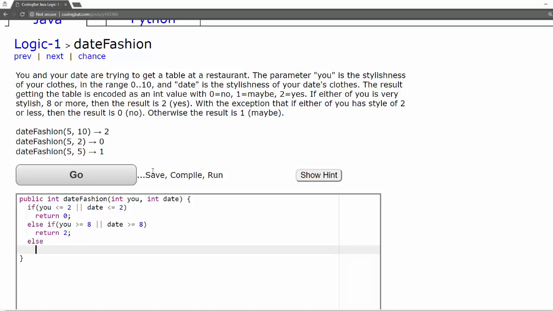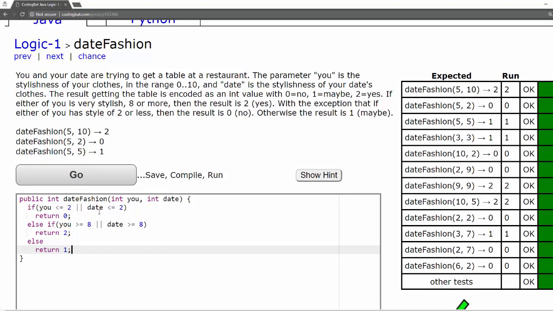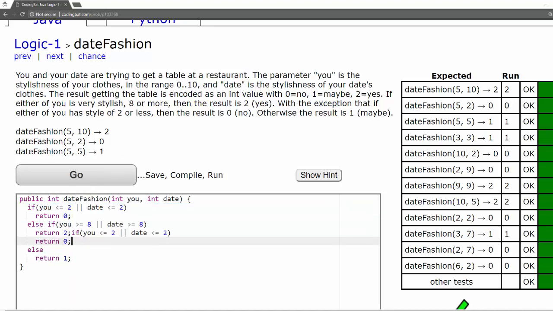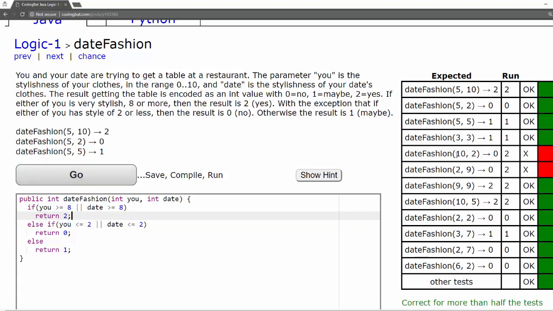All right, looks good. And I'll just show you here, it's real important. If I had these two pieces of code swapped, so if I wrote my arguments out of order, it might seem like it's not a big deal, but let's take a look at what happens. If you wrote your code in the order that was listed, notice that there are a few cases where one person is very stylish and the other one isn't, where we were falsely returning a 2 instead of a 0. So if I take it back to the way I had it before,